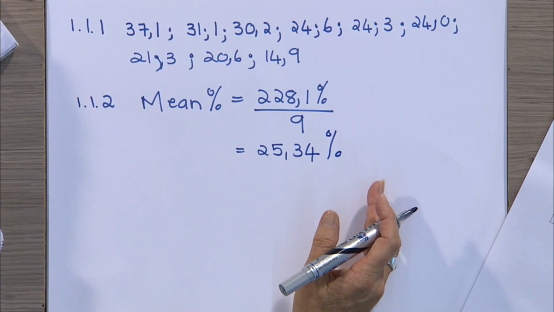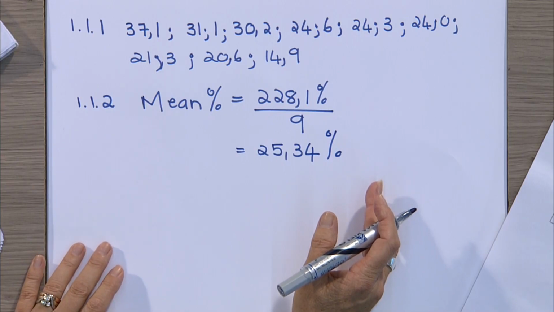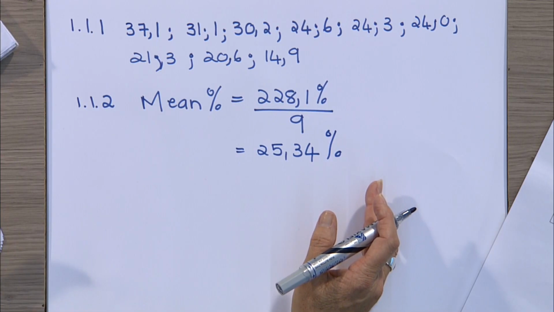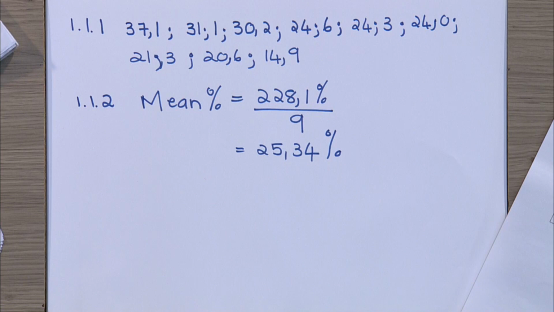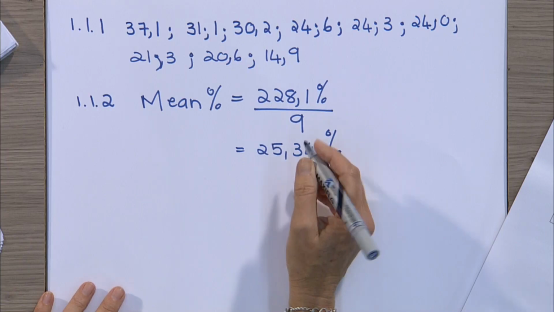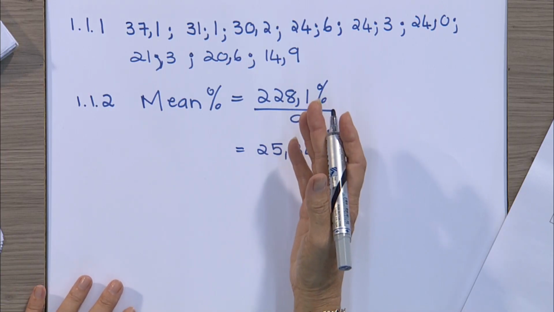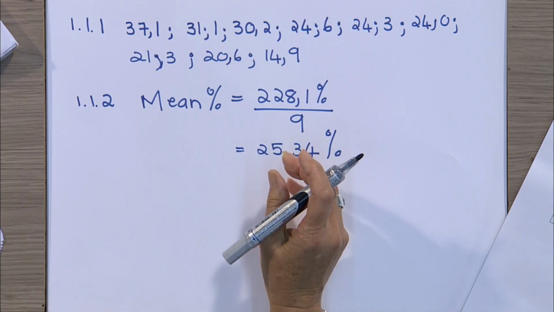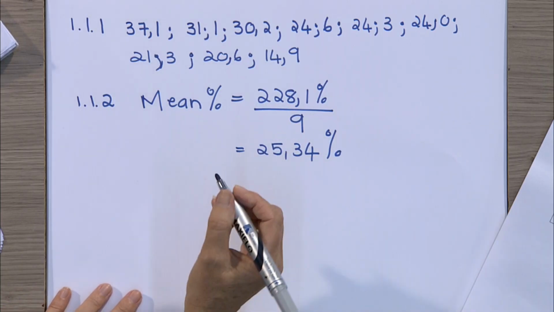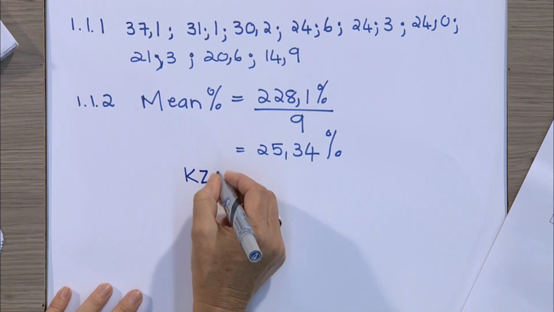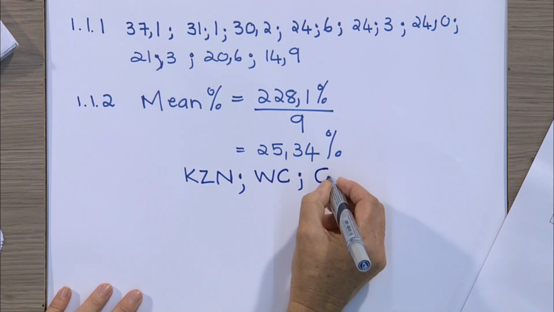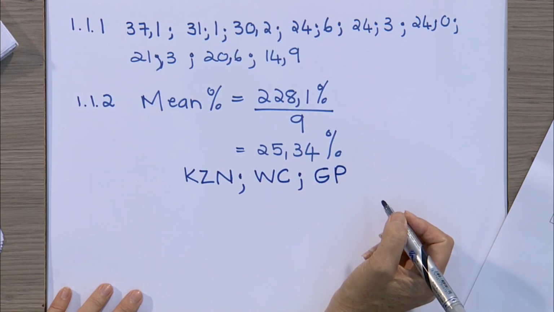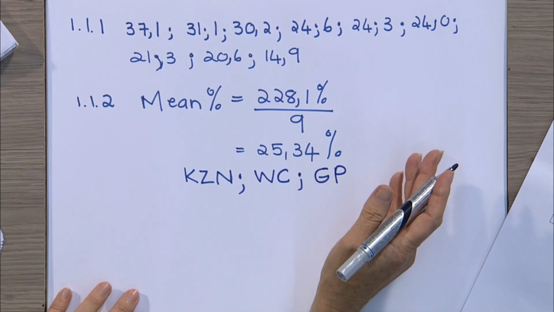They said, list all the provinces where the municipalities have an average percentage income greater than the mean. So this is the mean. You worked it out. Now I need to go and find which provinces are then greater than the mean. And then I go to my table and I see that KwaZulu-Natal is greater than, the